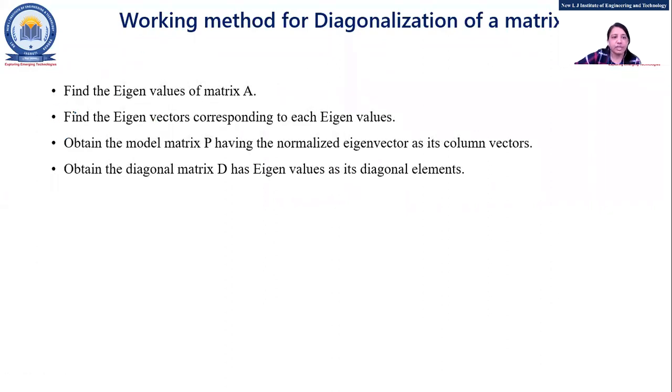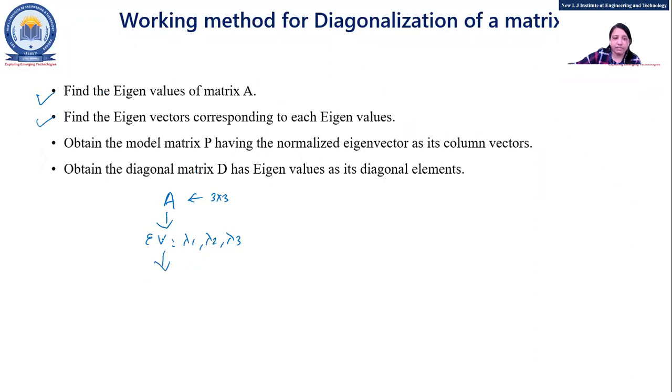First step is what? Find the eigenvalues of a matrix, so that you know. Find the eigenvectors corresponding to each eigenvalue, so that is also something you know, right? So for example, we'll write down here like a flowchart kind of thing so it will be easy for you in understanding. I will have a matrix A, say a 3 by 3 square matrix. Now first step is what? Find out the eigenvalues. Say they are lambda 1, lambda 2, and lambda 3, whatever repetition may be there.